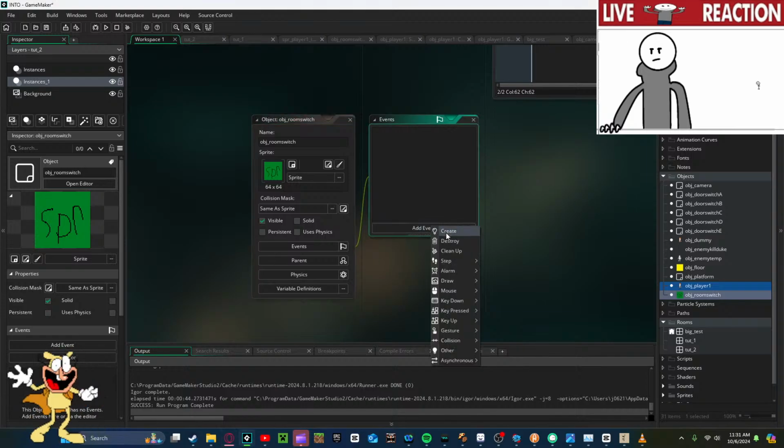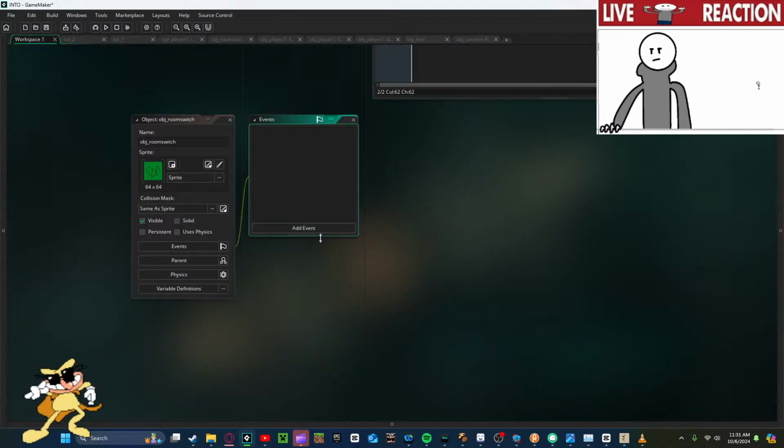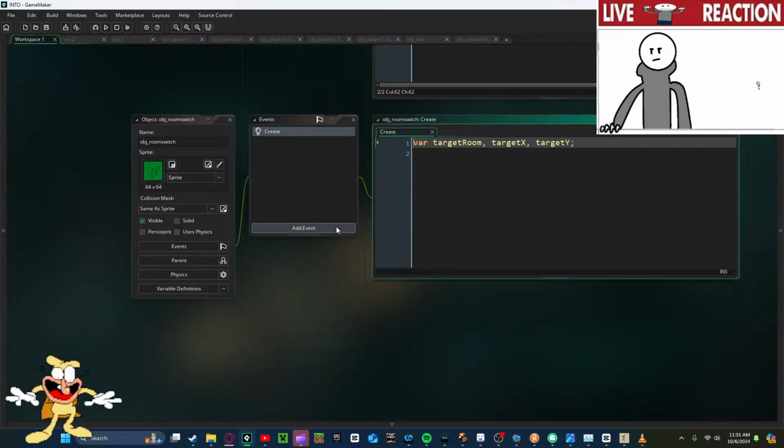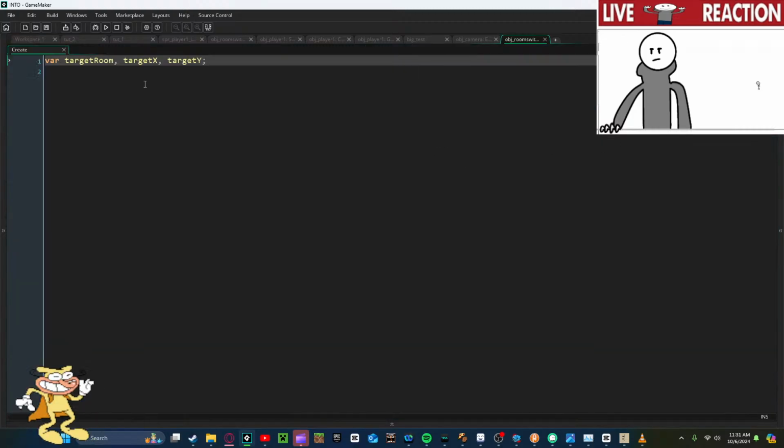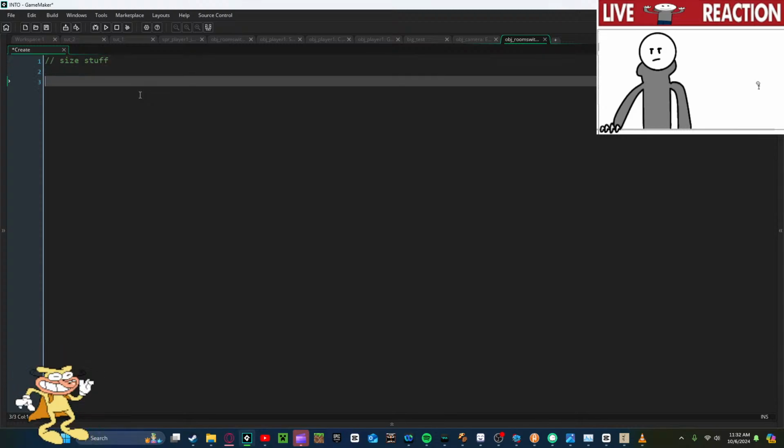So first of all, we're just going to do some setup in here. I'm going to press F12 to give a bit more space to work with. I'm going to add the create event, and then I'm also going to maximize this so that we've got a full screen view of our code. I'll make the text a little bit bigger for now. Okay, so our description at the top here is just going to be size, variables, and mode setup. Because we need to grab some variables that determine our screen size. They're not really ever going to change for the sake of this game, so